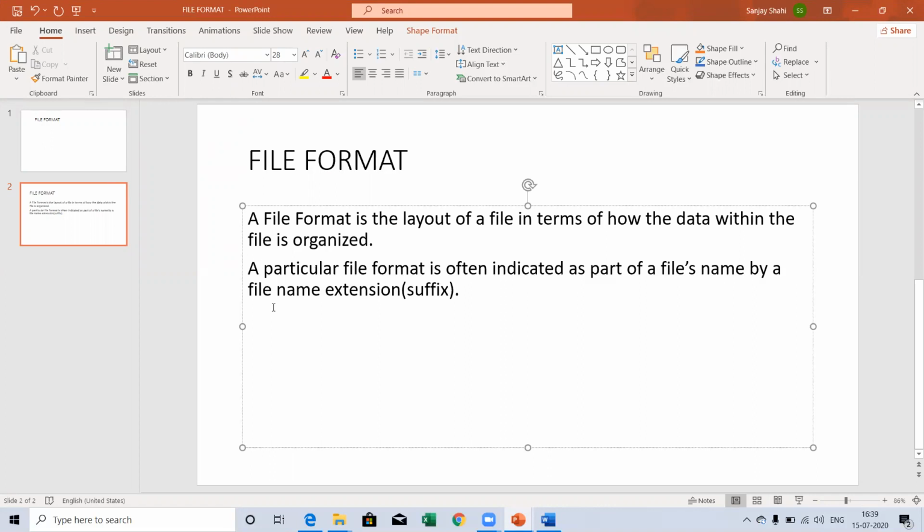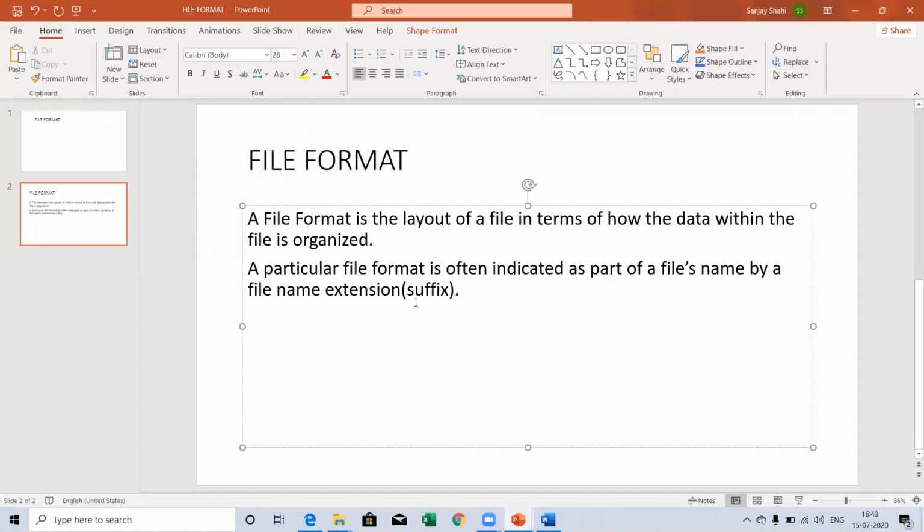And a particular file format is often indicated as part of a file name, followed by the file extension. Like your file name is class 6. If this class 6 is created as a Word document, it will have the extension .docx, so your file name will be class6.docx. If you create your class 6 file in Microsoft Excel, then it will have the extension .xlsx.